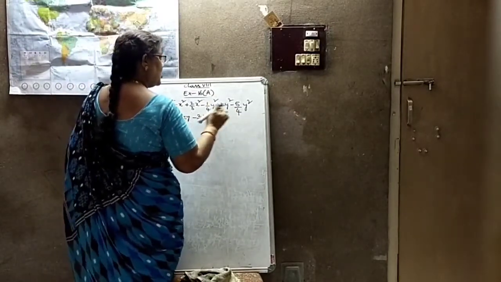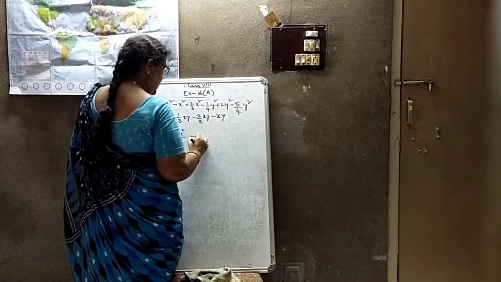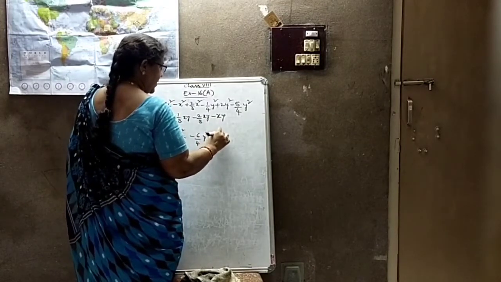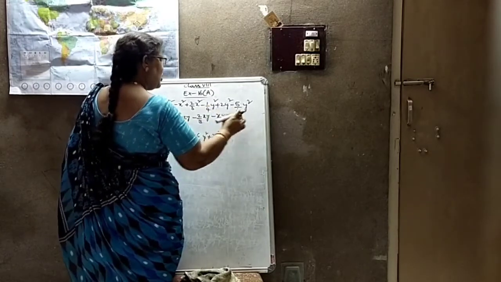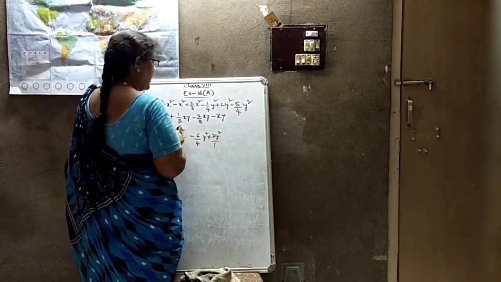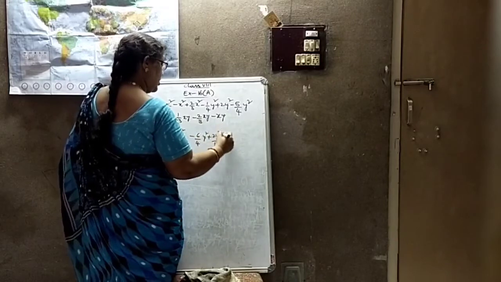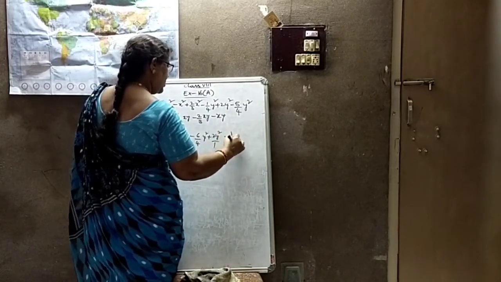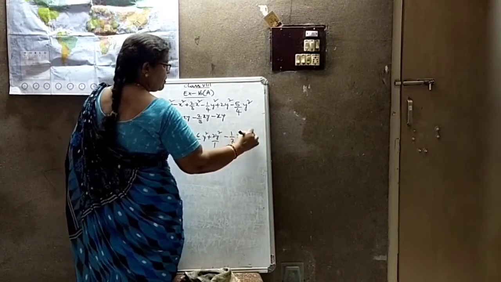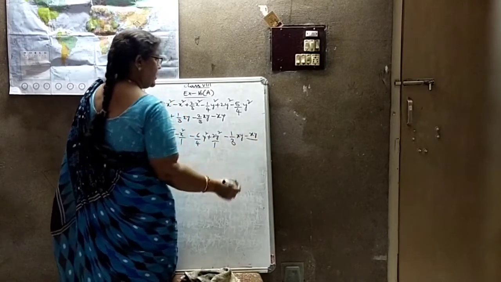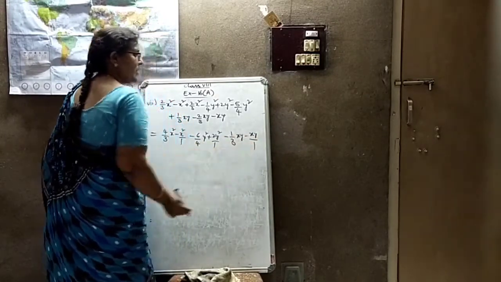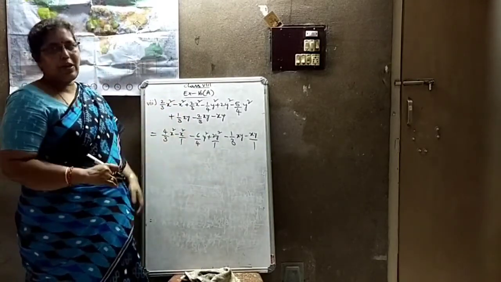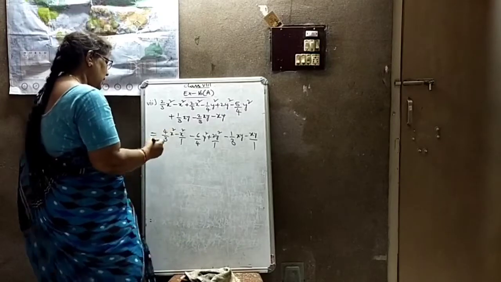Okay, now these 2: minus 6 by 4 y square plus 2y square by 1. Means these 3 together I made 2. Next 1 by 3, minus 2 by 3, minus 1 by 3 xy, minus xy by 1. Means what I did here, all 3 terms I made 2 terms. Now I should plug. Okay, so LCM is 3.